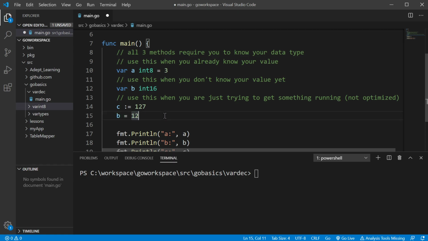Now our third option is this one right here. We're just going to go ahead and hand it a value, and it's going to infer that data type from the value we give it. And this one is the short declaration form. This is basically just saying, hey, I don't want to go to the work of explicitly stating a data type, so go ahead and just do it for me. And this is a good option when you just want to get something running and you're not worried about optimizing